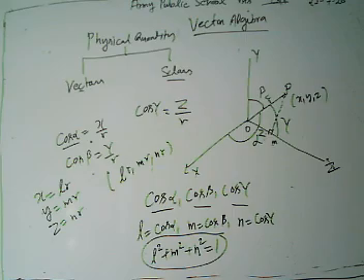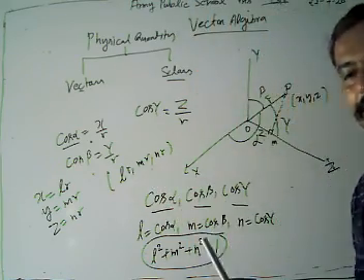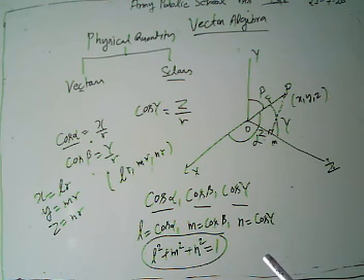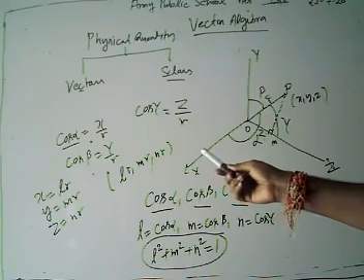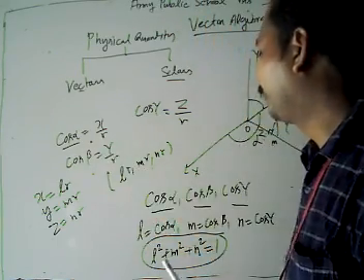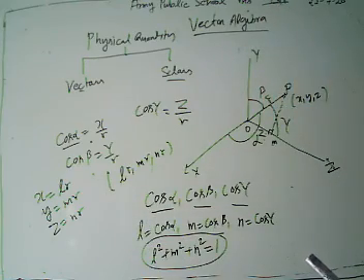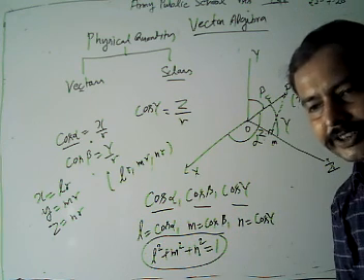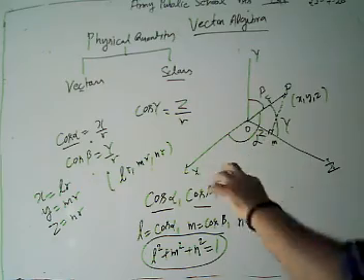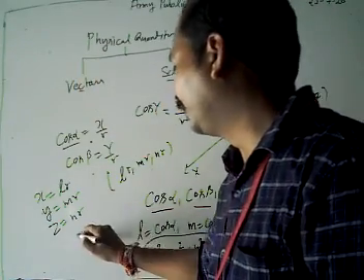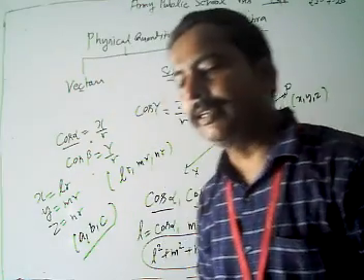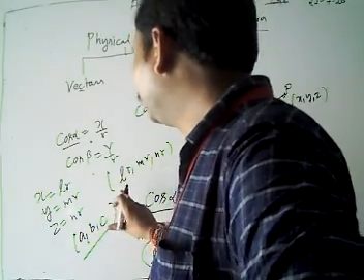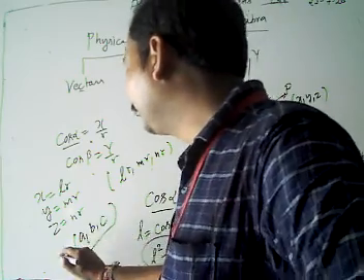These numbers LR, MR and NR are proportional to the direction cosines L, M, N, and are called direction ratios of vector R. These numbers LR, MR, NR are proportional to our direction cosines, and they are called direction ratios. Direction ratios are denoted by a set of numbers A, B, C.